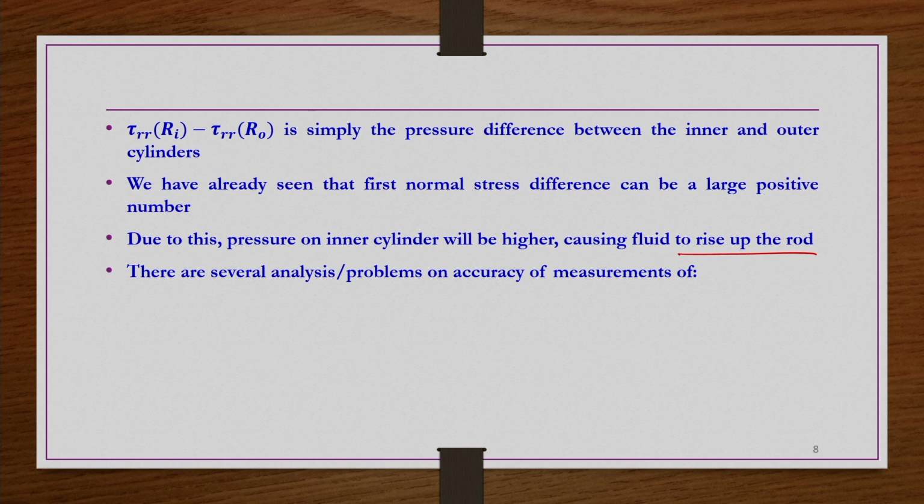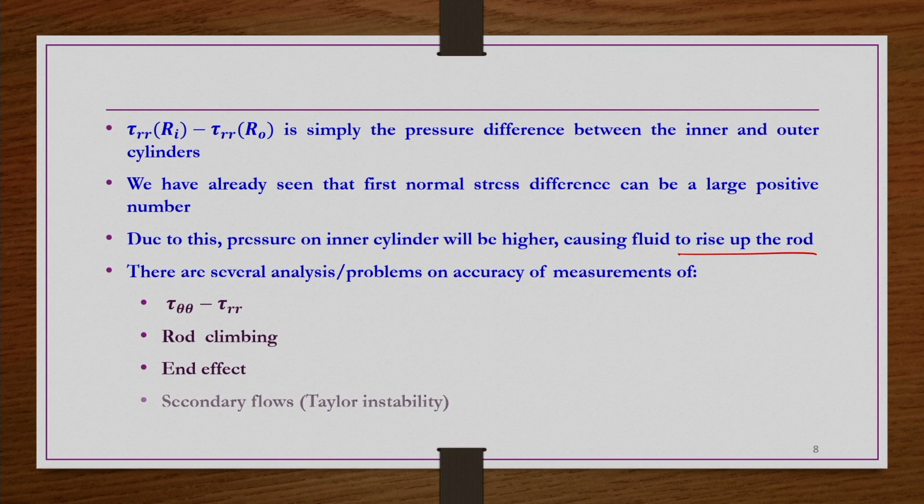Okay. So, this is all about how to measure the normal stress differences, shear stress, shear rate, etc., using concentric cylinder rheometers. Now, there are some issues with respect to the accuracy of these equations because of other issues like end effects, slip effects, etc., as we have seen in the capillary viscometer also. Some of them one should be worried about in the case of concentric cylinders are the first normal stress difference, the rod climbing effect, the end effect, secondary flows because of Taylor instabilities, and shear heating in Couette flow, etc.